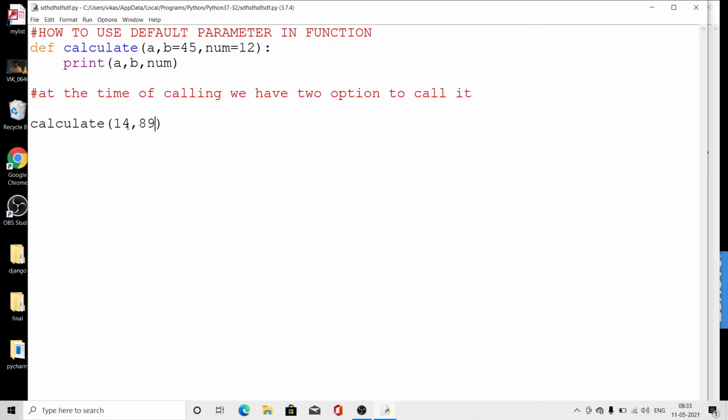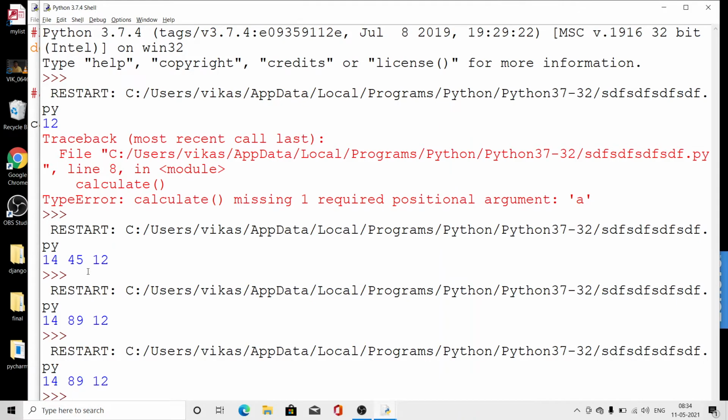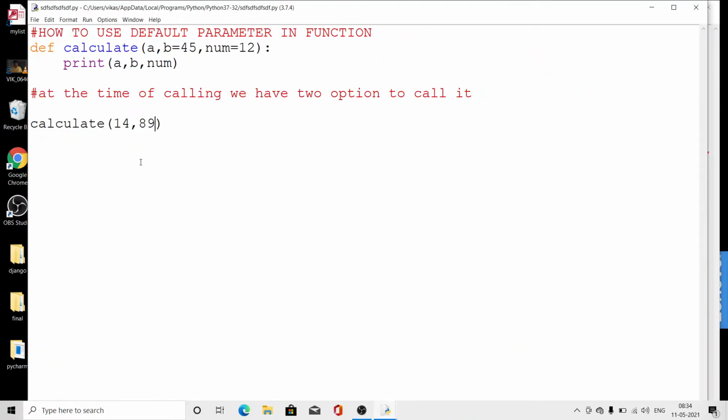First value will be copied into A, second value will be copied into B. If we write a third value, it will be copied into num. Clear? If we have given a default value, we do not need to pass it. When we need to change the default value, we need to pass the value here. If we do not need to change the default value, no need to pass any argument here. So here the output will be A value 14, B value 19, and again num takes the default. Clear? So that is called default parameters.